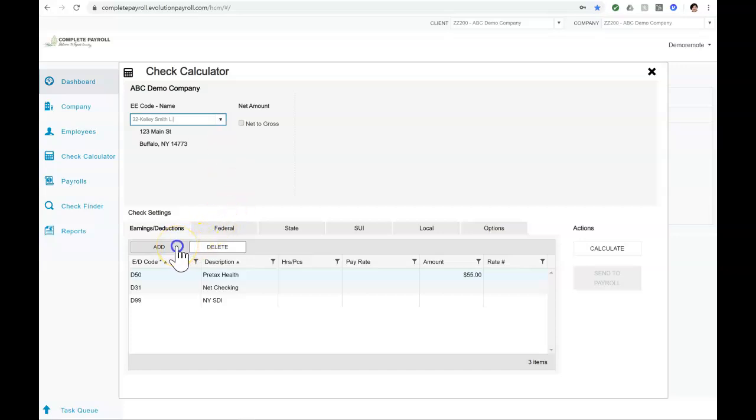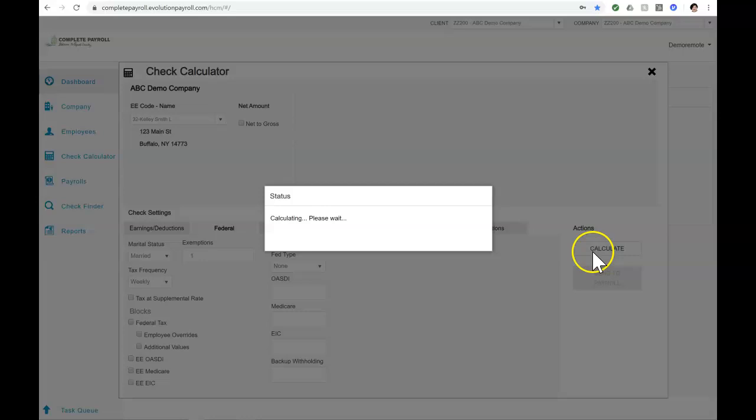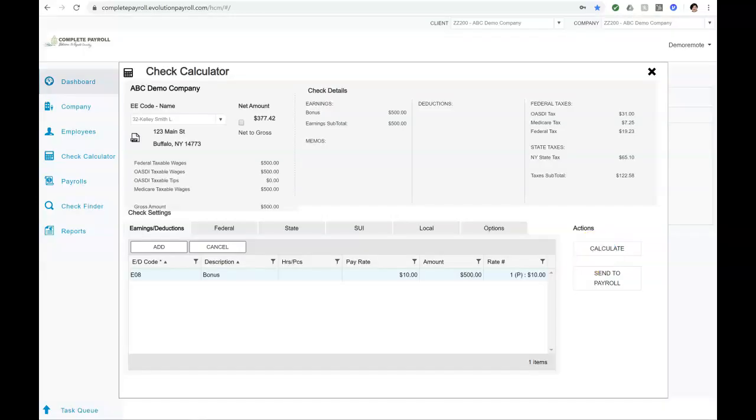I'll click the Add button to add new codes, such as bonus, and then enter the hours or amount needed. I can remove one or more deductions using the Delete button. Other tabs are available for further overrides, such as changing the taxation detail. When I've completed my edits, I'll click Calculate to see the check details, including earnings, deductions, taxes, and the net